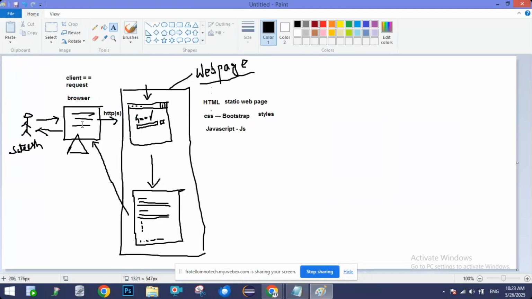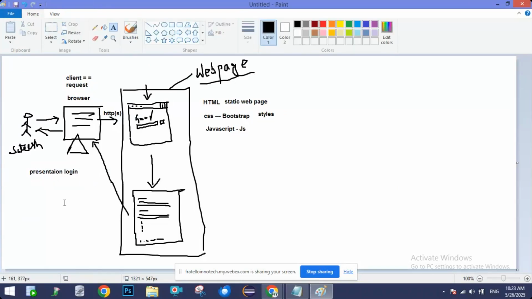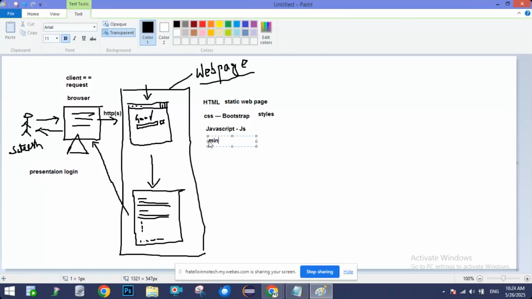Whatever code we are writing here to display this logic, using HTML, CSS, JavaScript, is technically called client-side or presentation logic. All this logic is used for presentation, meaning look and feel, or to display to the customer. That's why we call it presentation logic. Now, content can only be created using HTML, and the colors can be driven by CSS. And if you want to do any kind of minor client operations,